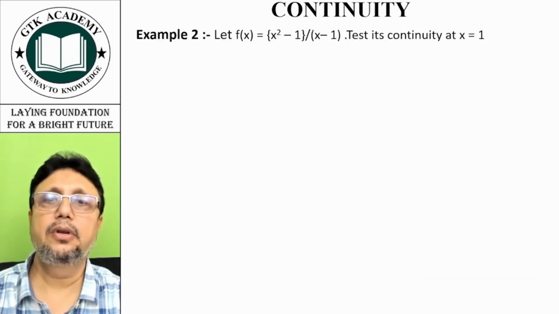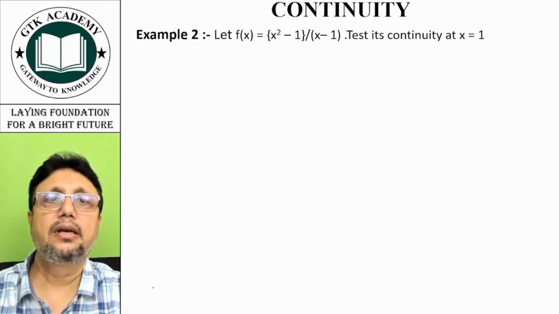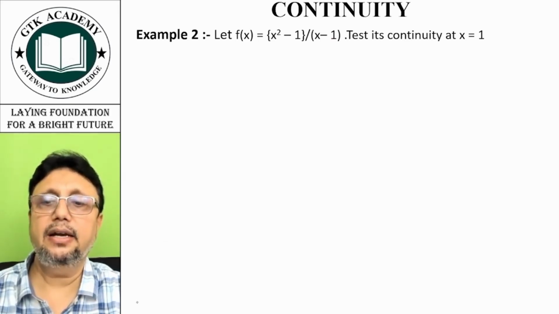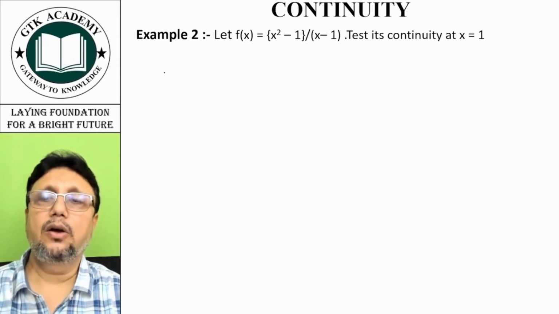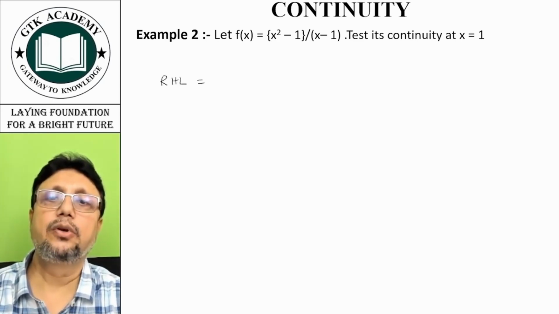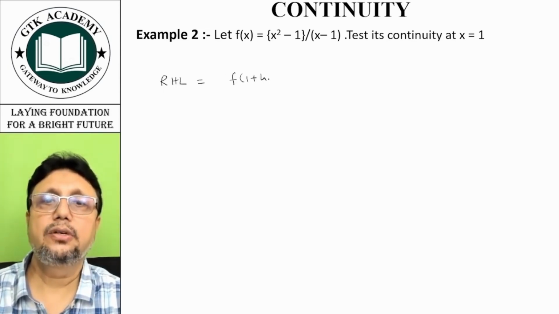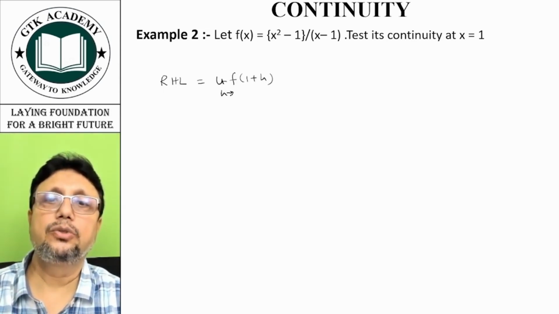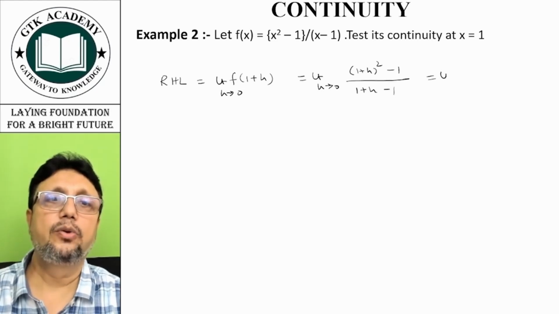Let's see another example. f(x) is equal to (x square minus 1) upon (x minus 1). So we have to test its continuity at x is equal to 1. Now, right hand limit is equal to f(1 plus h), limit h tending to 0, which is equal to limit h tending to 0, ((1 plus h) whole square minus 1) upon (1 plus h minus 1), which is equal to limit h tending to 0,